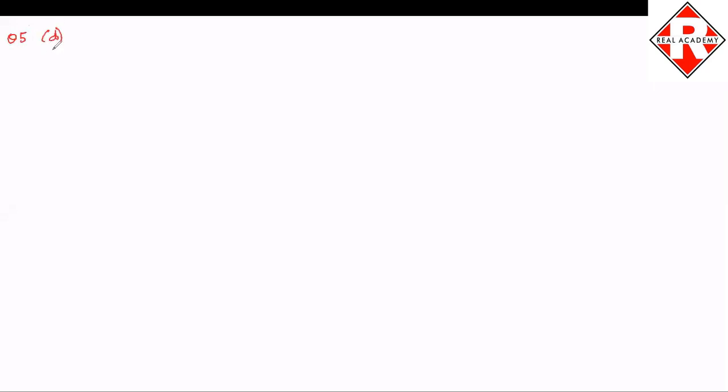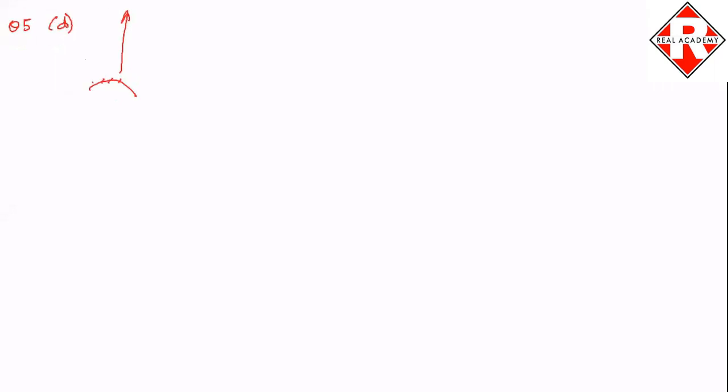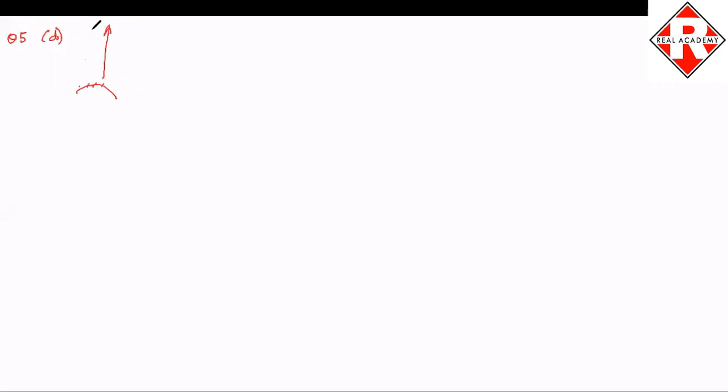Okay. Now they have said an object is thrown vertically upwards. So if I am throwing the object vertically upwards, let's say this is the surface, I'm throwing the ball vertically up, right? So in that case, I do not know what is the initial velocity with which I'm throwing the ball upwards, right? I do not know the time it will take. Let's say the time taken by it is t1 to reach the top, to reach the height.